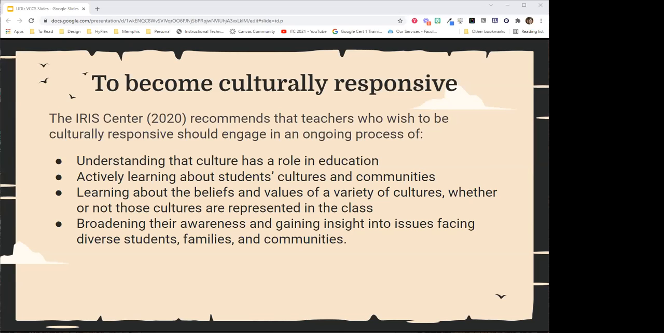So to become culturally responsive, you have to understand that culture has a role in education. You also have to understand that you're going to have to actively learn about your students' cultures and communities, whether that's in research, or talking to the students, or having small groups, and really picking up on very small things that students are telling you, and then taking that small information and going forward